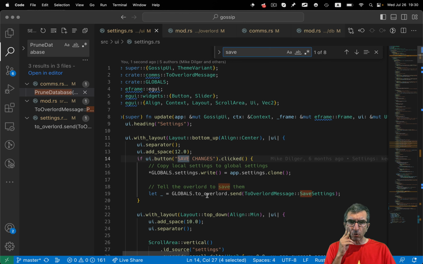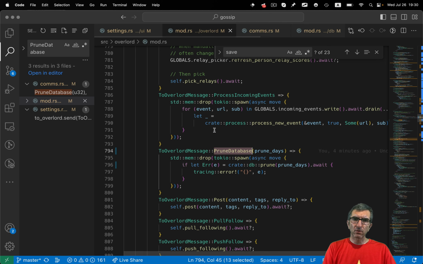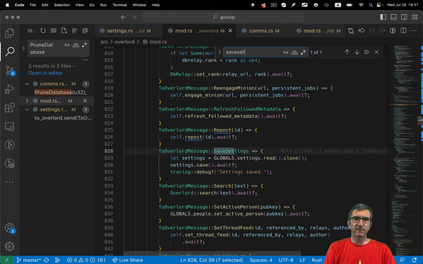It calls the overload send save settings. So let's go to our overload and find the save settings. Let's see what it does. It clones all the settings, hopefully mine is there, then calls the settings save.